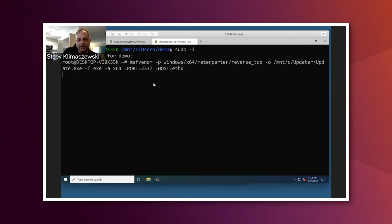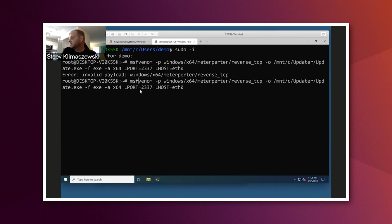And if I type this all correctly, it should build us a binary. No. It's windows x86. I probably misspelled meterpreter. That is the hardest word for me to type. But anyway,